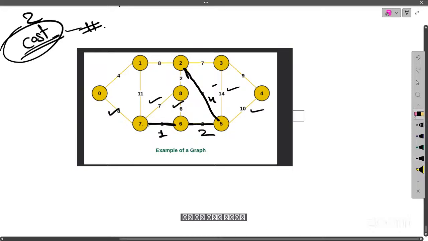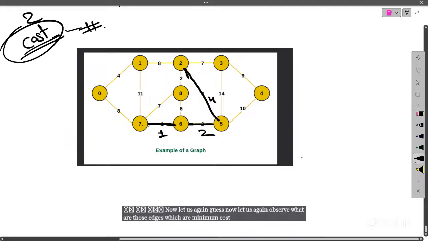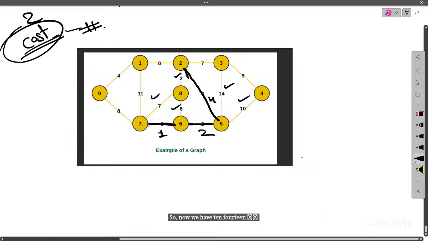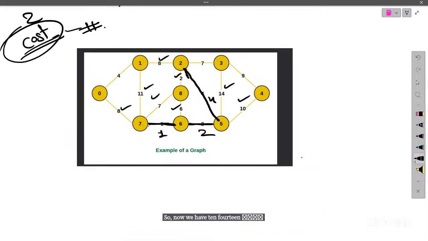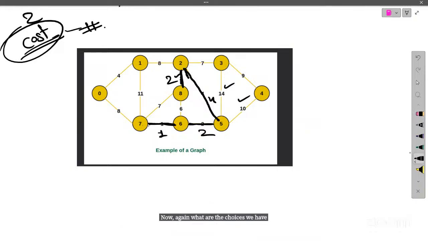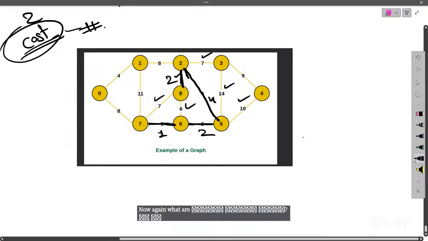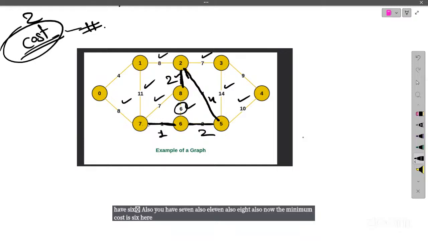Now let's again observe what are those edges which are minimum cost and do not create a cycle. So now we have 10, 14, 2, 6, 7, 11, 8, and 8. These are all choices. Again, select 2, right? Because the addition of this edge in my tree does not create any cycle. Now, what are the choices we have? We have 14, 10, 7, 6, 7, 11, 8, 8. Now the minimum cost is 6 here, but if you select 6, it will create a cycle